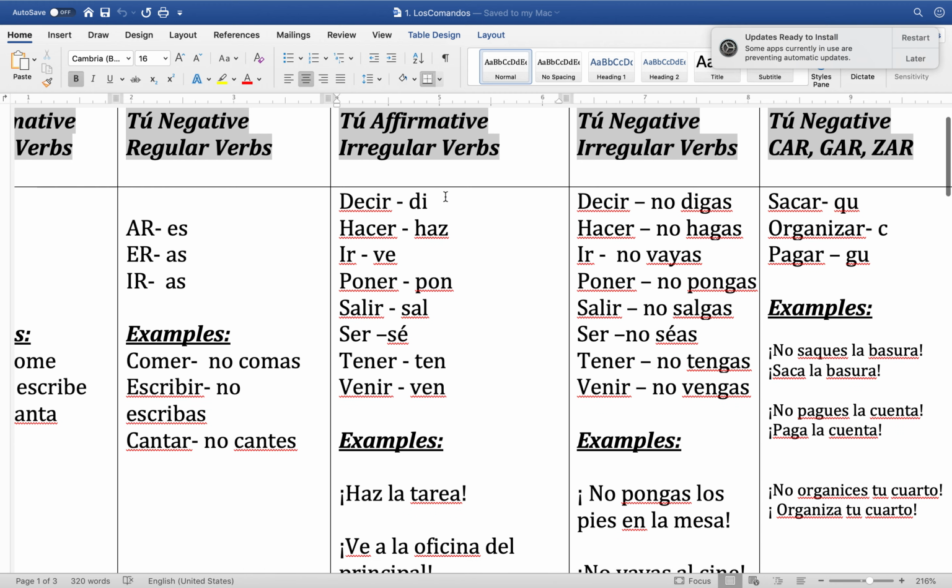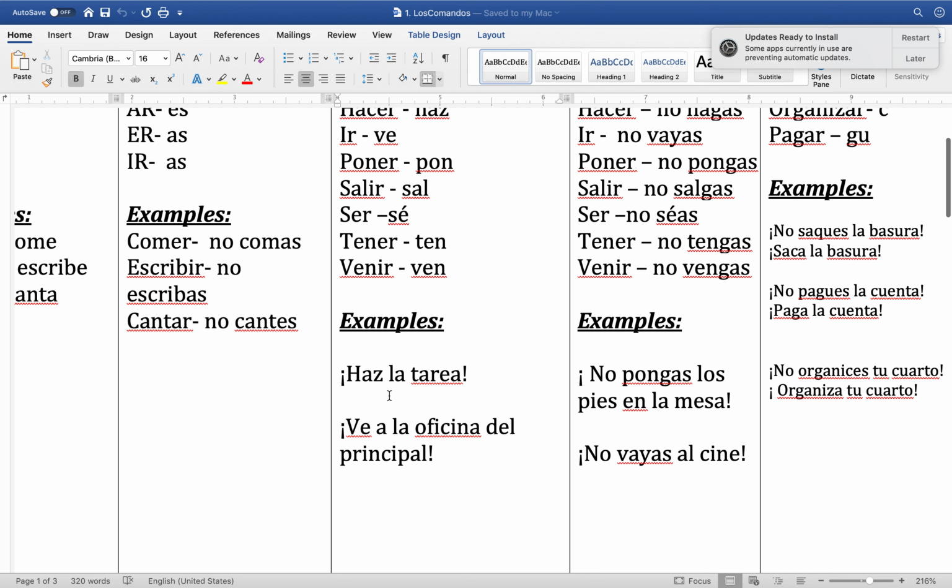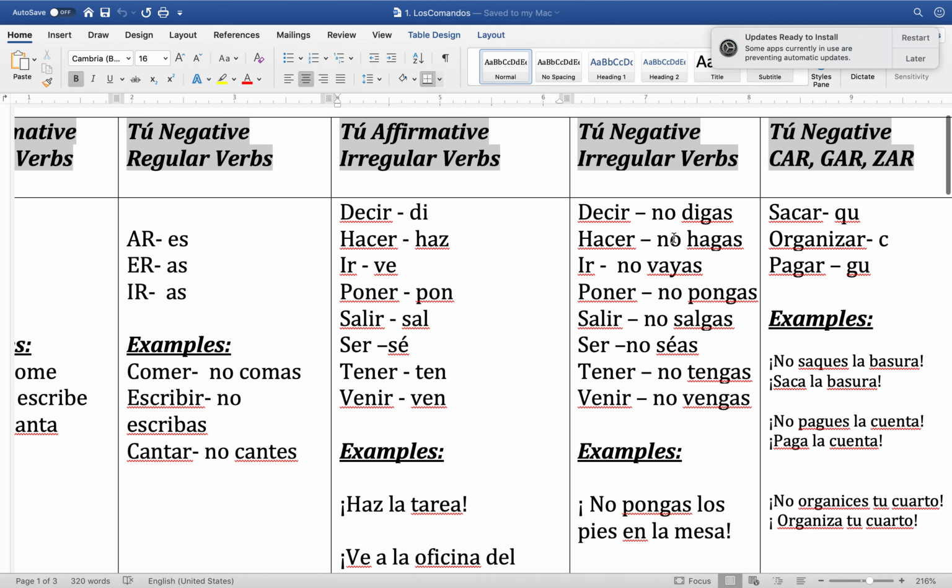If you can see, the irregular affirmative verbs only have one syllable, which are di, haz, ve, pon, sal, sé, ten, and ven. Here are some examples: haz la tarea, ven a la oficina del principal. And here is the negative, which is the same verb, say decir, but just the way you spell it is different